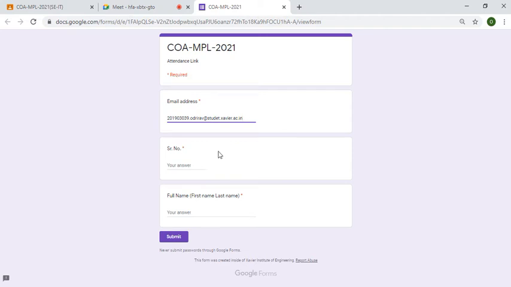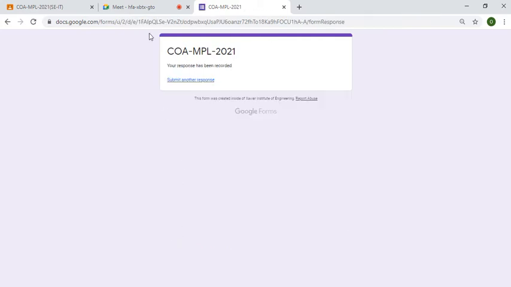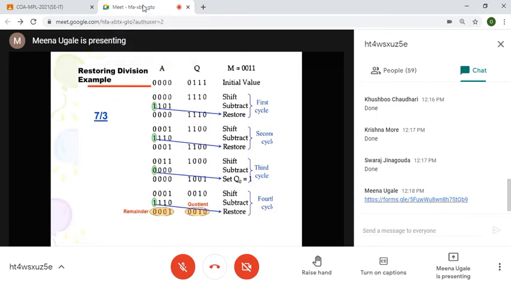Now this algorithm we have seen is the restoring division algorithm. Next one we are going to see is the non-restoring division algorithm. When a question is asked in the paper, please read it properly, whether it is restoring or non-restoring. Based on that, there are changes in the algorithm. Many times you don't read and just solve whichever method you know. So don't do that.